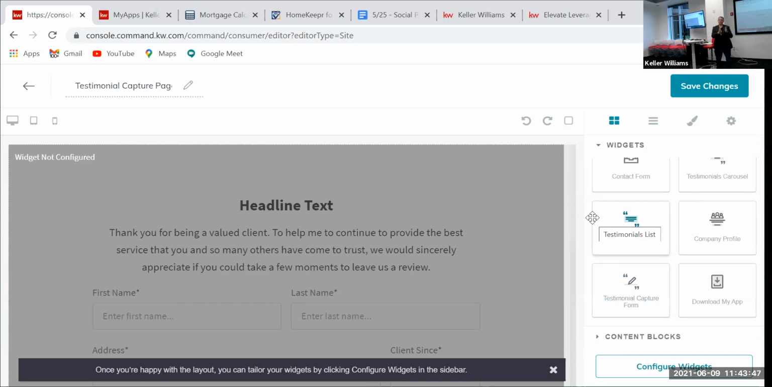Once you have the widget in your form, you're then going to go in and configure that widget, which you can't see with my